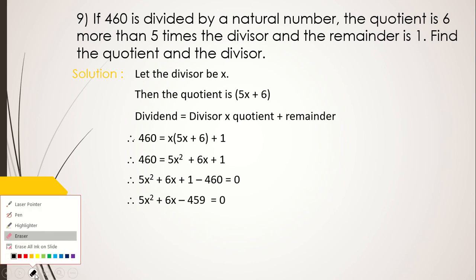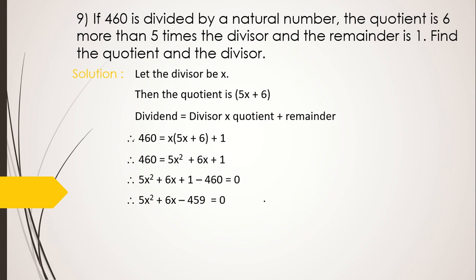The coefficient of the first term and the last term we have to multiply. That is 5 into 459 we have to multiply. And then whatever the number comes, don't sit to multiply. Just like this only, if you can factorize this 459 and get the factors, just see. We have to find the factors in such a way that, see, last term sign is negative. So we have to find the factors in such a way which after subtracting should give me 6.